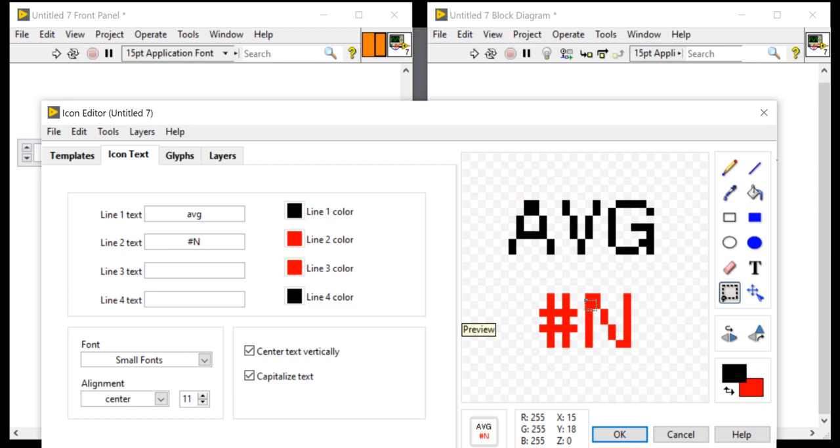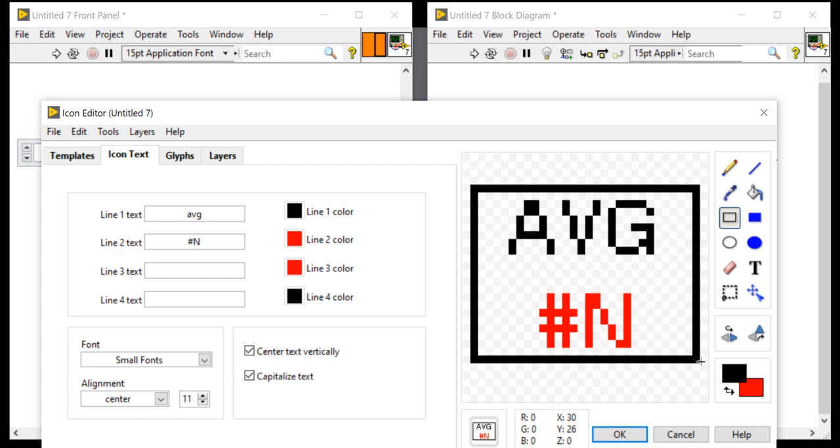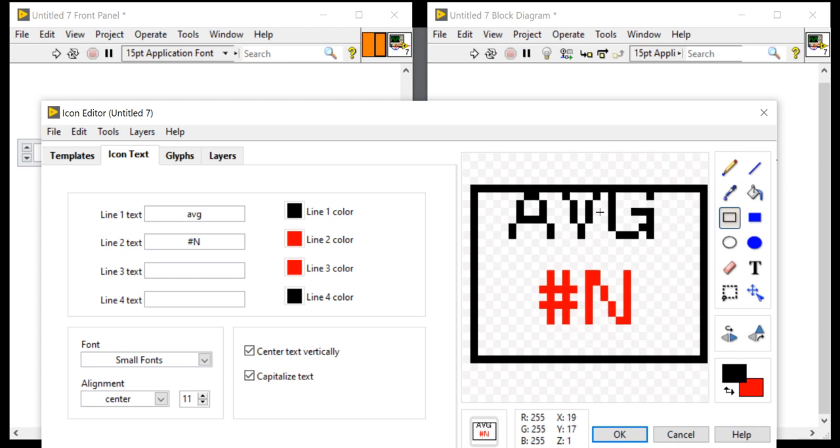I'm taking this one, avg slash n, average of n numbers. Now I will take this box and I will try to cover all these things. Then I will hit the OK button.